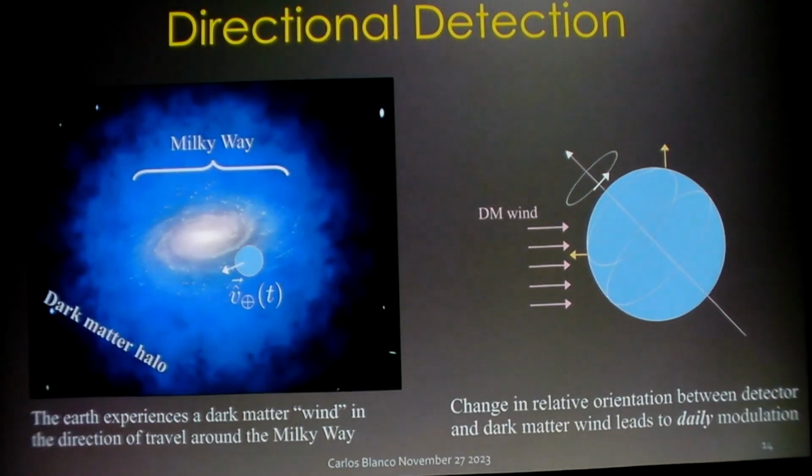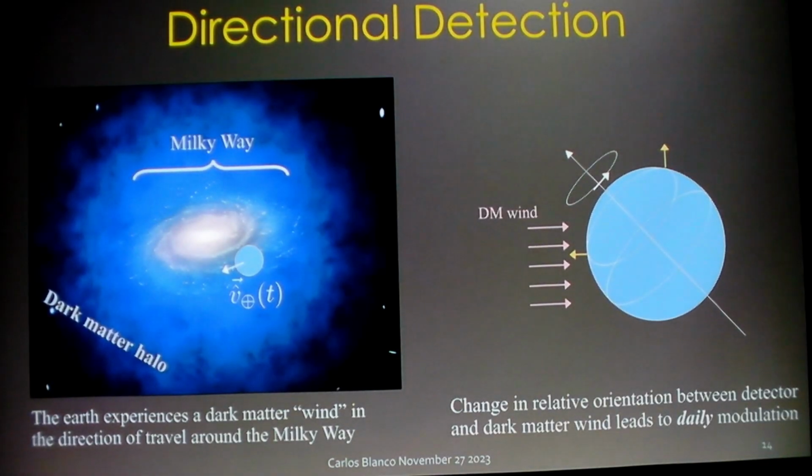First I need to tell you about how I lied in my first slide. I kind of cheated you because I told you that we were in the middle of the galaxy. We're of course not. We're somewhere off-center, and the galaxy is rotating with respect to the dark matter halo, and this induces an effective dark matter wind. Due to the rotation of the Earth, which is on an axis, this wind can be thought of as coming at some point in the day from the wall and at some point in the day from the ceiling, when you're at a latitude of something like Chicago.